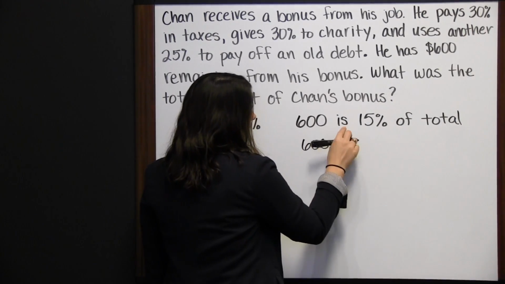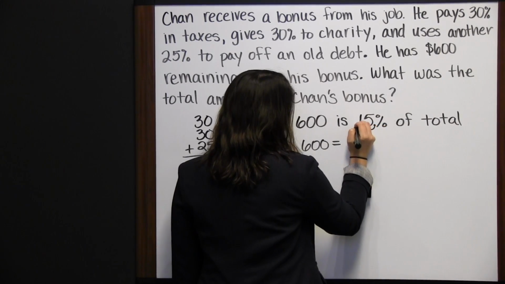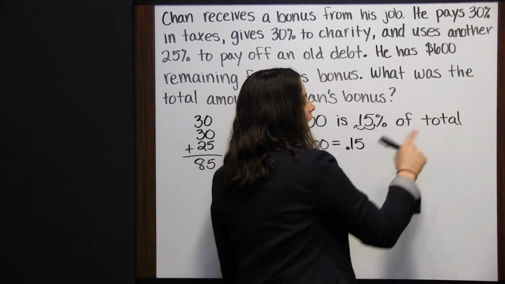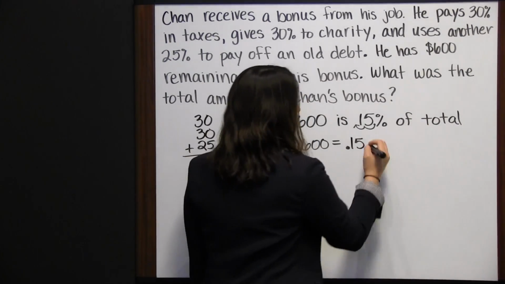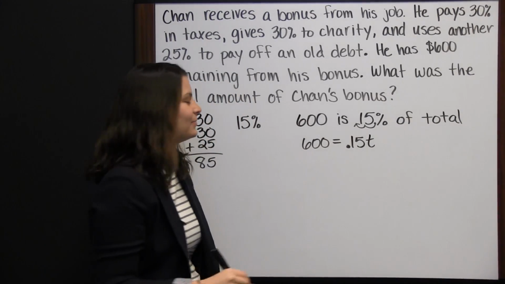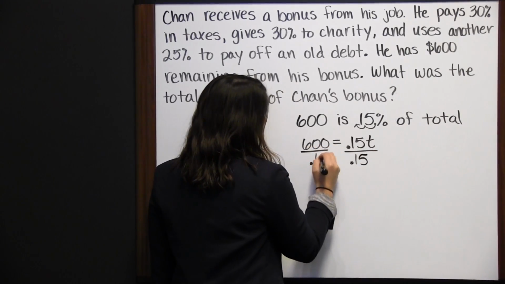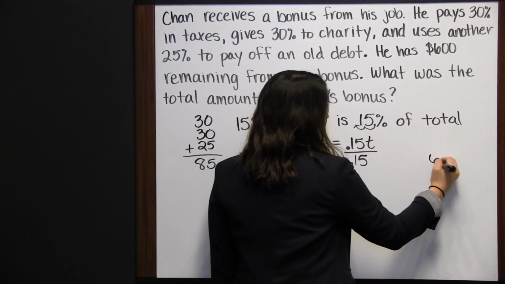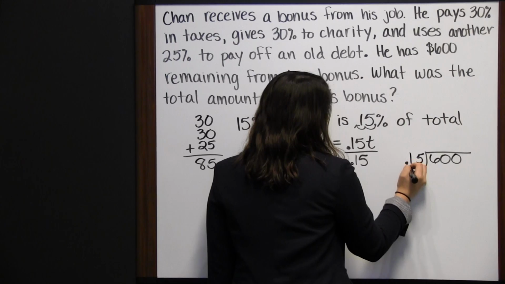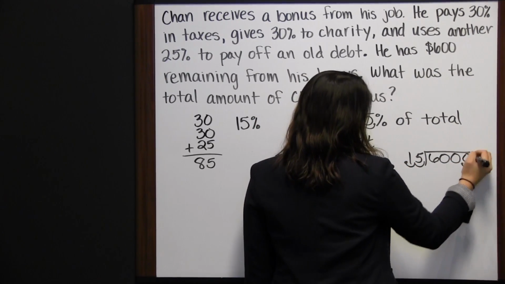600 equals, change the percent to a decimal, 0.15, of means to multiply, and we don't know the total, so use a variable, like t. And now we just need to solve for t. So divide both sides by 0.15. So 600 divided by 0.15. We need to move the decimal 2 places to the right, so we do the same to 600, add 2 zeros,